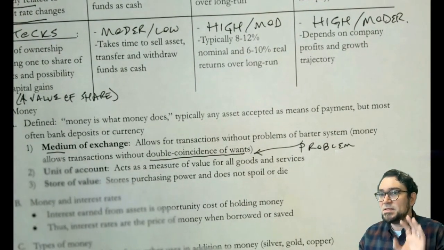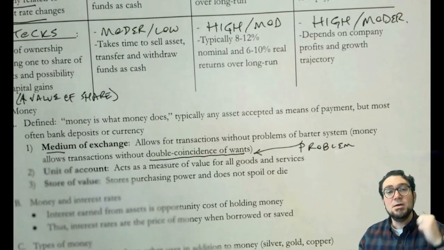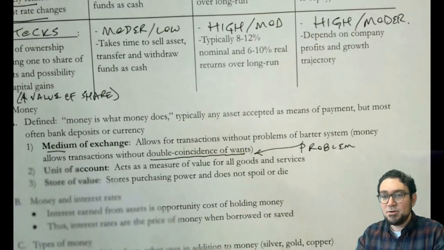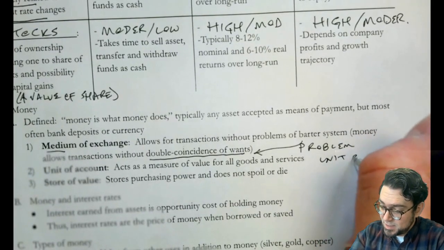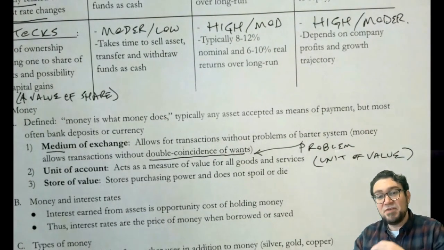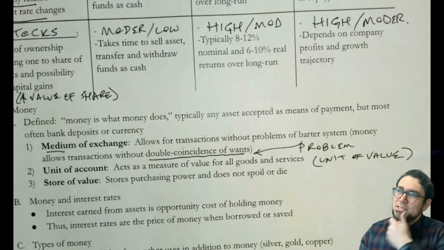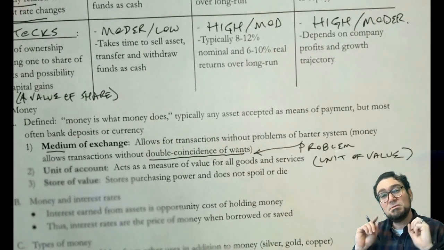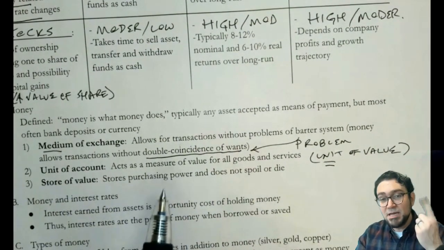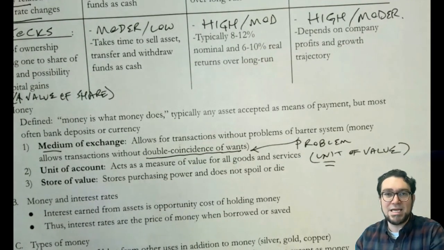Now, everything that's money has to be a good medium of exchange, but it also has to do two other things. It has to be a unit of account and a store of value. And a unit of account is literally just the unit of value. So it's a way that we can think about what's the value of something. And we say, well, that's worth about $20. We're using money as a unit. That's the most important piece of this definition. We're just measuring things' value using money as a unit.